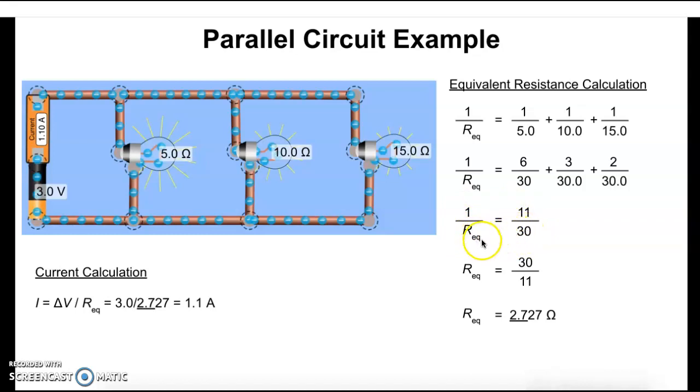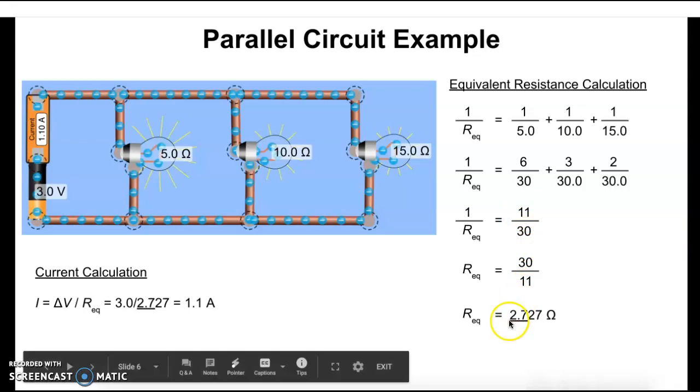Now, what you do to one side, you do to the other side. So what I can do at this point is take the reciprocal of both sides. The reciprocal of 1 over Req is Req over 1, or just Req. And that's going to equal the reciprocal of 11 over 30, which is 30 over 11. And that equals 2.727272 repeated. But I just underlined the 2 sig figs that it's supposed to be. So the equivalent resistance is 2.7